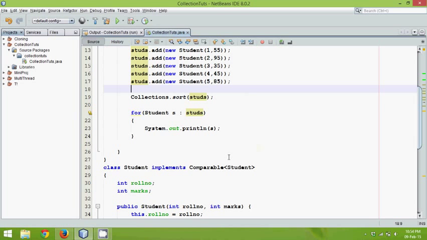Now which is better depends upon the situation. If you are going with a custom class, it is always preferable to implement the comparable interface. Otherwise, if it is an inbuilt class where we cannot change the definition of the class, that time we can use comparator. Okay, so this is how